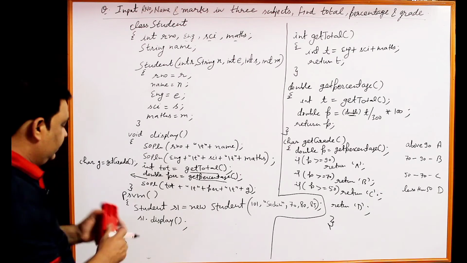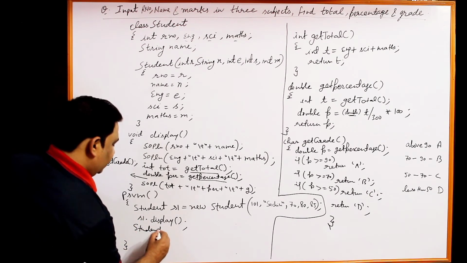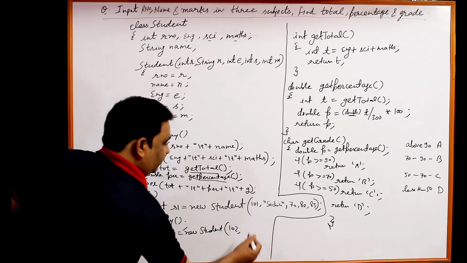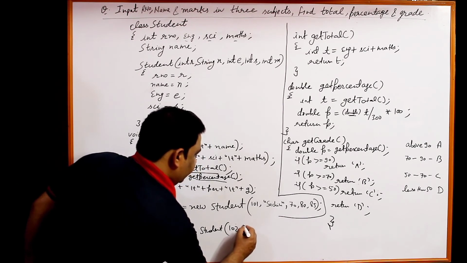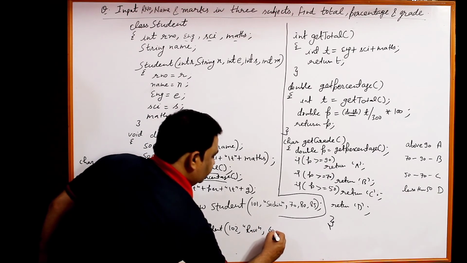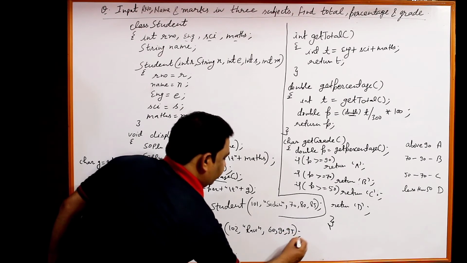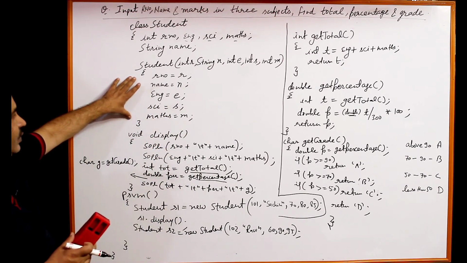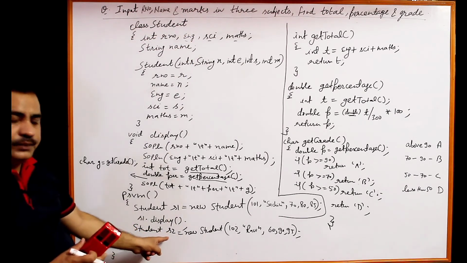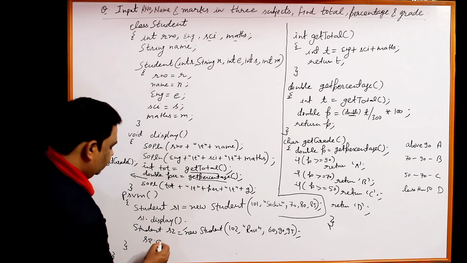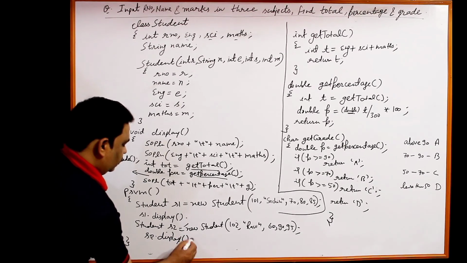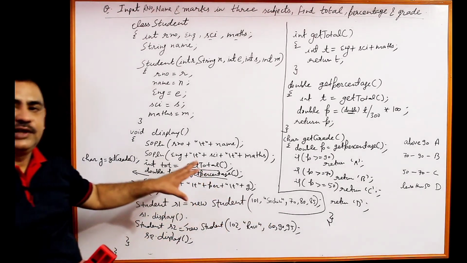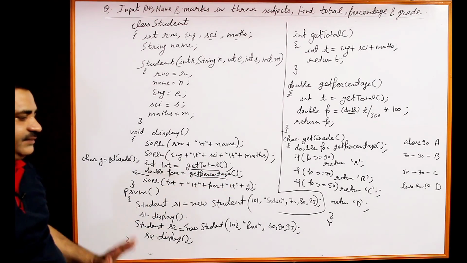Now for another student, create one more object, Student s2 equal to new Student, supply the data like this, roll number is 102, name is suppose Ravi, marks is suppose 60, 90, 95 and again this constructor will be invoked and a second object will be created with the name s2 and data members will be initialized for object s2 and now you can call the function s2.display(). So, s2.display() will print the complete detail of the second student for the second object, along with the total, percentage and grade. That is all.